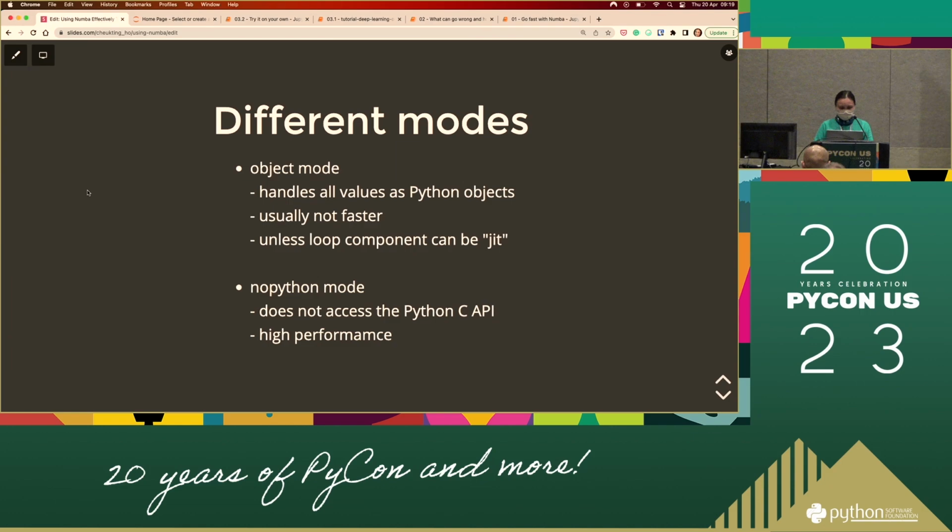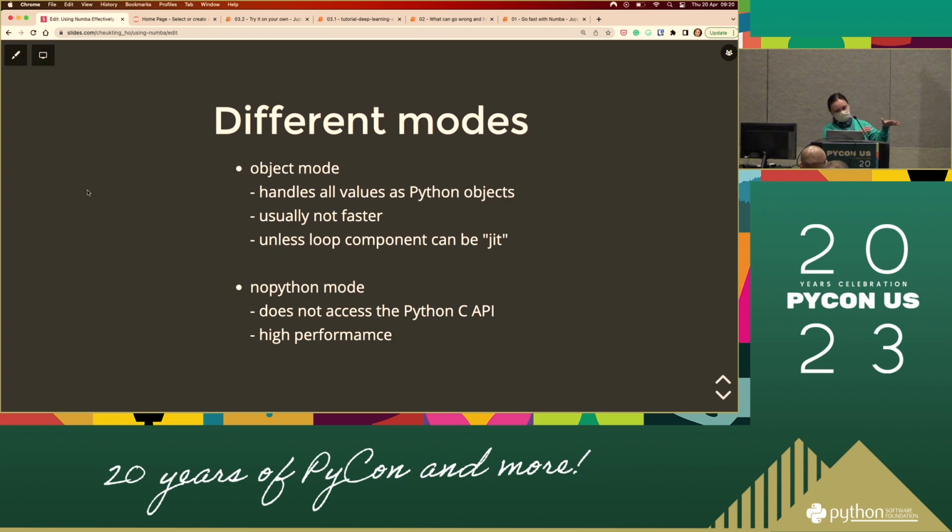So in Numba, there are different modes that you could use. Ideally, you want everything to be in nopython mode, because I think you may already understand Python is slow, so we want to avoid Python. Using nopython mode means that all the code you include in it should be compiled into something low level, that doesn't go through the Python C API, which is the interpreter that I talked about.